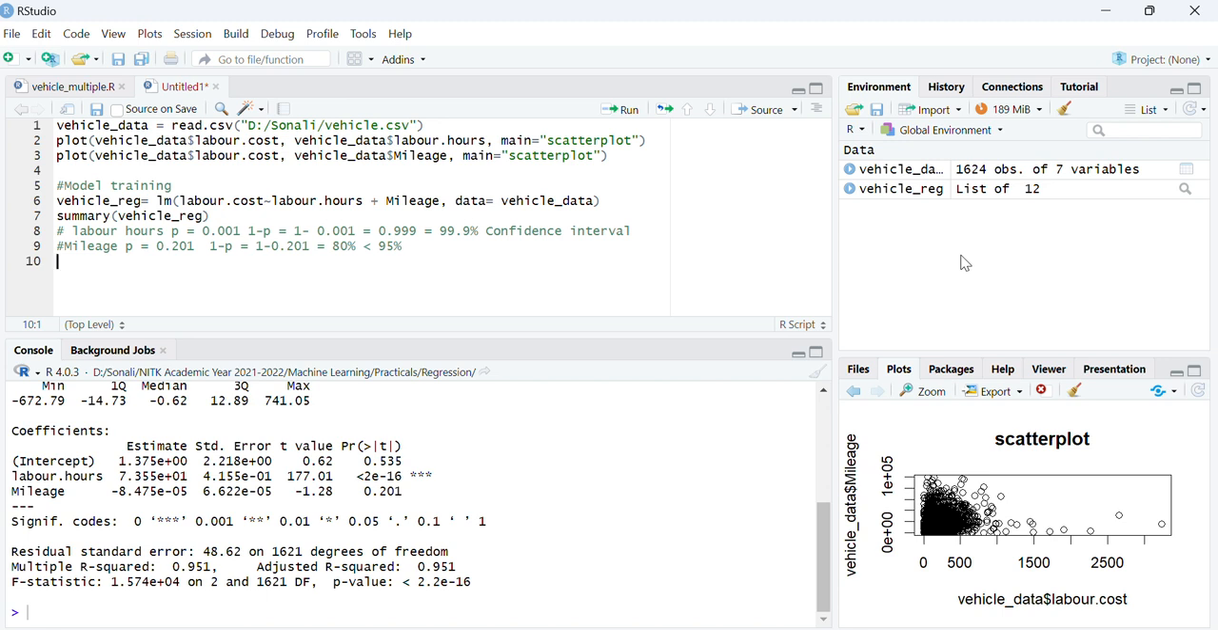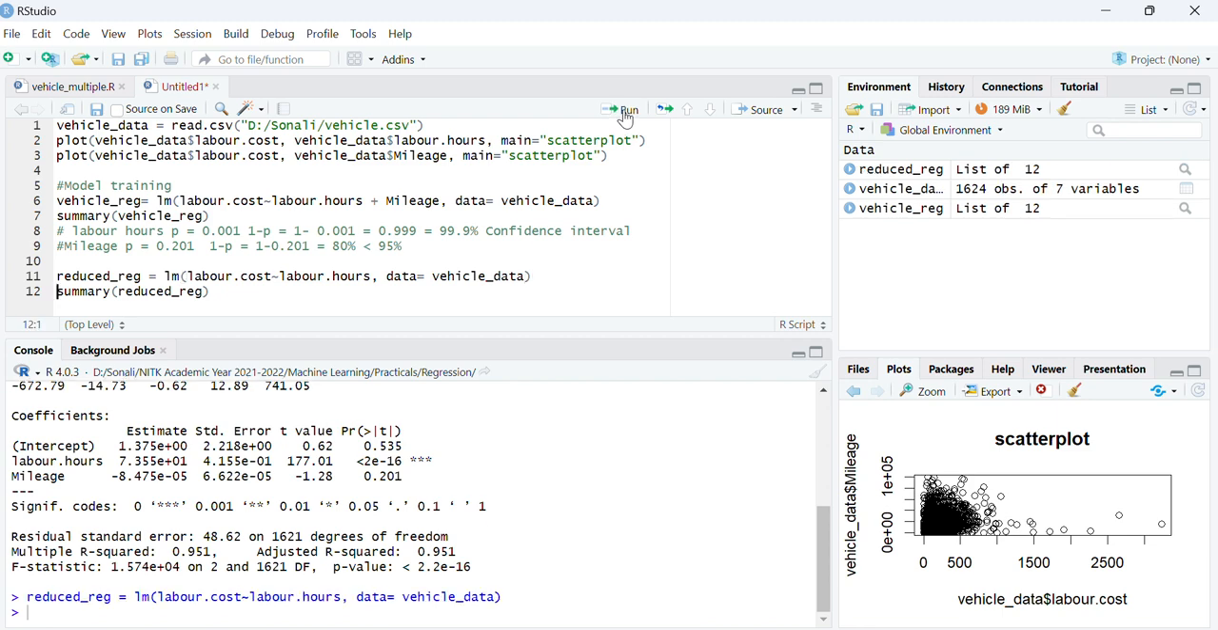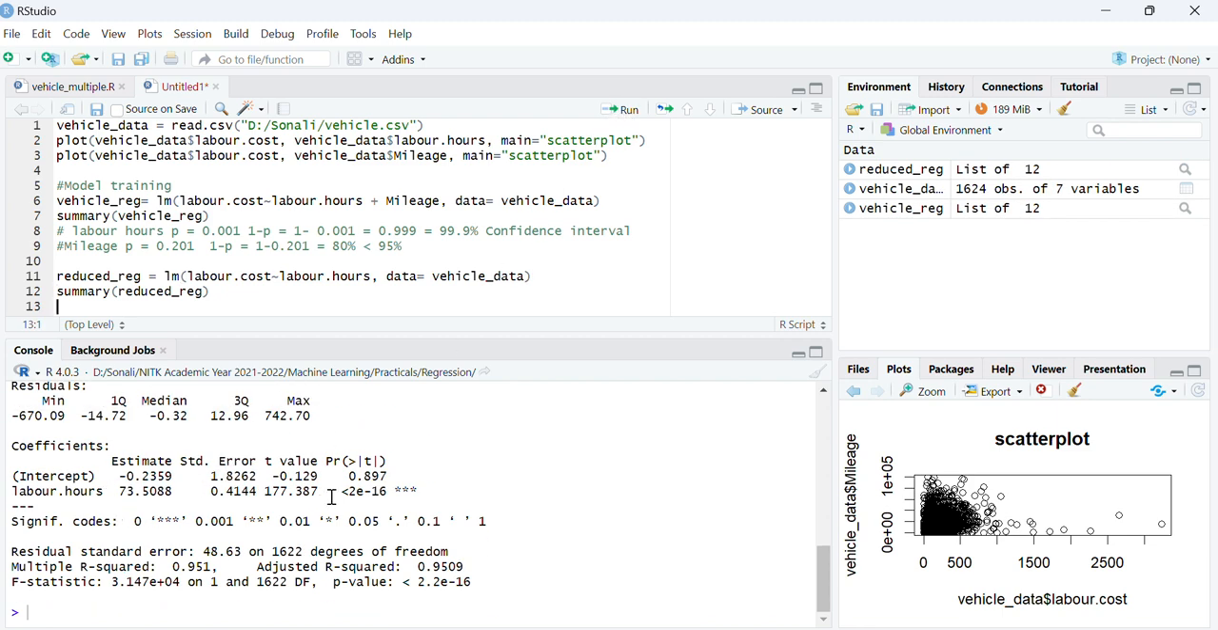Now let us create another model, that is the reduced regression model. We will consider only the significant variable. So we are saying that the labor cost depends on the labor hours. That's it. We are not going to count the mileage, since we have just seen that it is not contributing too much, right? So we will see a summary of the reduced regression model. Fine. So let us have a look at the model summary. Now you can see labor hours, obviously as we have seen,